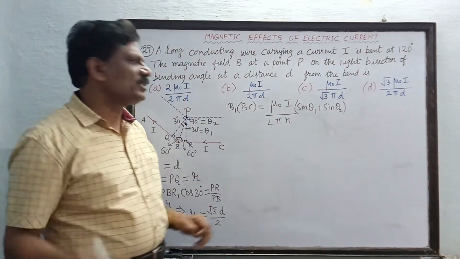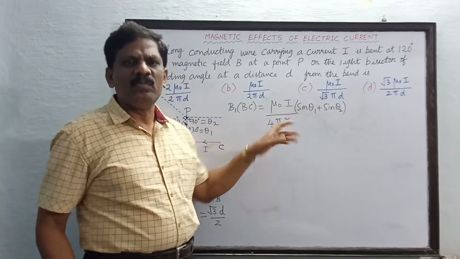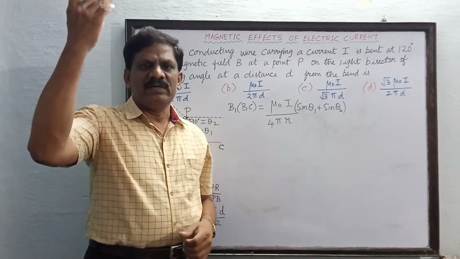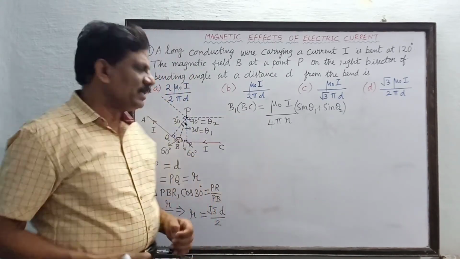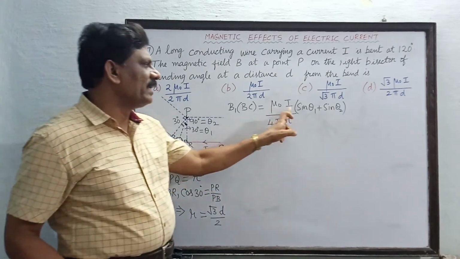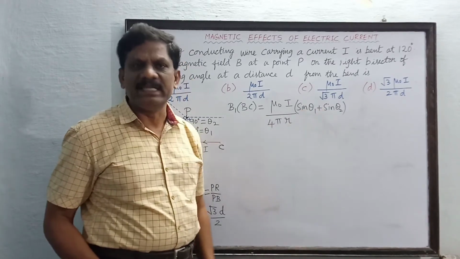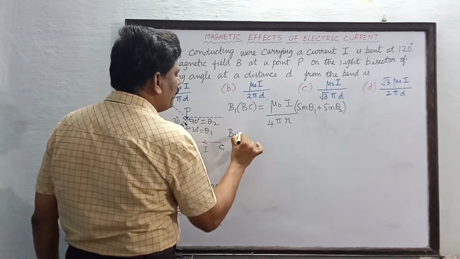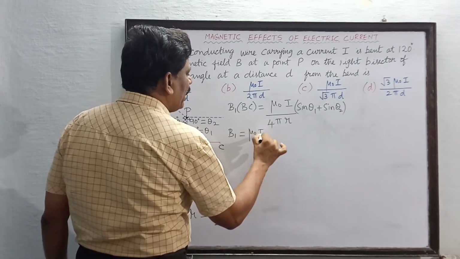In the general expression, mu naught I by 2 pi r we have derived for the straight conductor which is infinitely long. The two ends of the conductor are meeting only at infinity, but this is not an infinite conductor, it's a finite conductor. Therefore the general expression I have written is mu naught I by 4 pi r into sin theta 1 plus sin theta 2. So B1 is now equal to mu naught into I